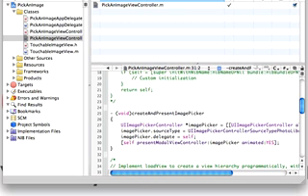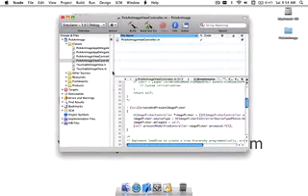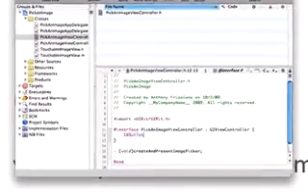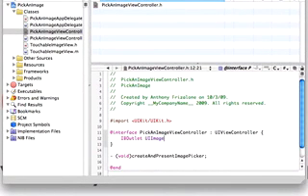And now we want to implement the delegate method. We need some link between the PickAnImageViewController and the touchable image view that we created in Interface Builder below. So we need to create an outlet. We need this so that we can set the image of that image view to the image selected from the image picker controller. So IBOutlet UIImageView